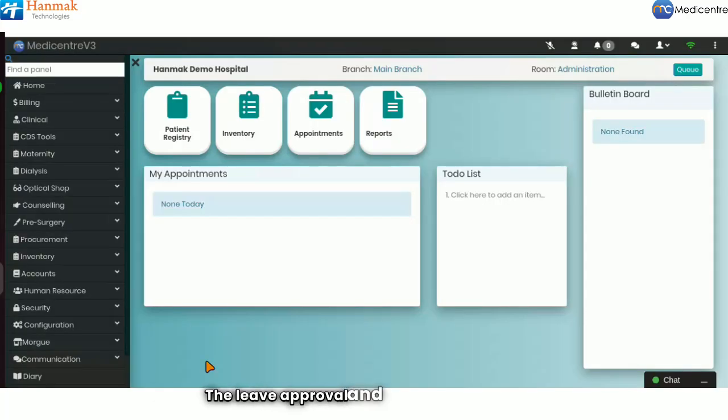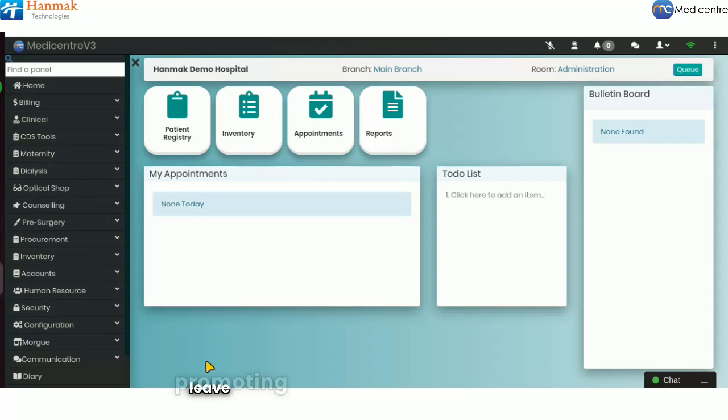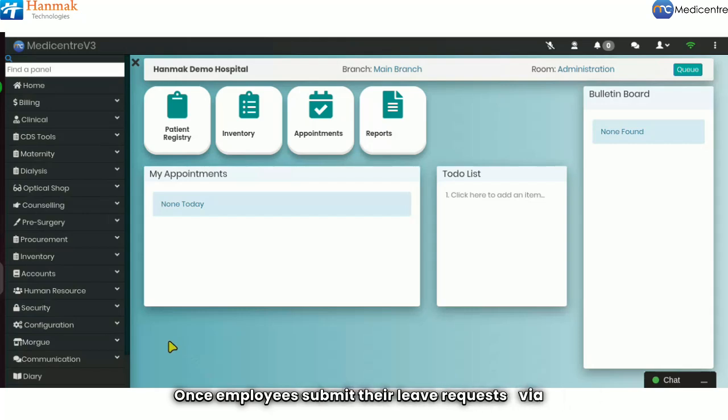The leave approval and rejection process in MetaCenter V3 is vital for ensuring an organized, transparent, and efficient management of employee leave, promoting fairness and consistency while supporting the operational requirements of the organization. Once employees submit their leave requests via the employee portal, the HR manager or administrator is responsible for approving or